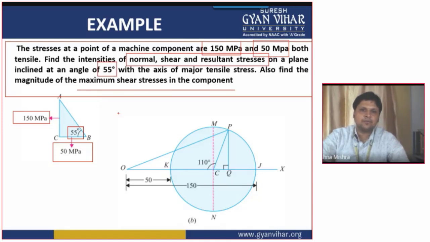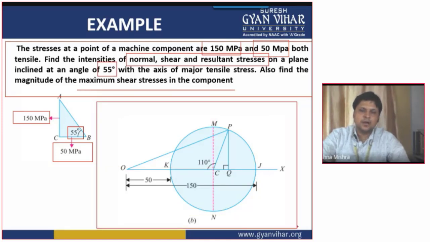So we will have to draw first of all a Mohr circle. How will we draw it? The same manner which I have told to you. We will take an origin point O. From this we will take a distance equal to your sigma x, meaning the major value. Then we will take a point K equal to sigma y. This OK distance will be equal to sigma y, 50.